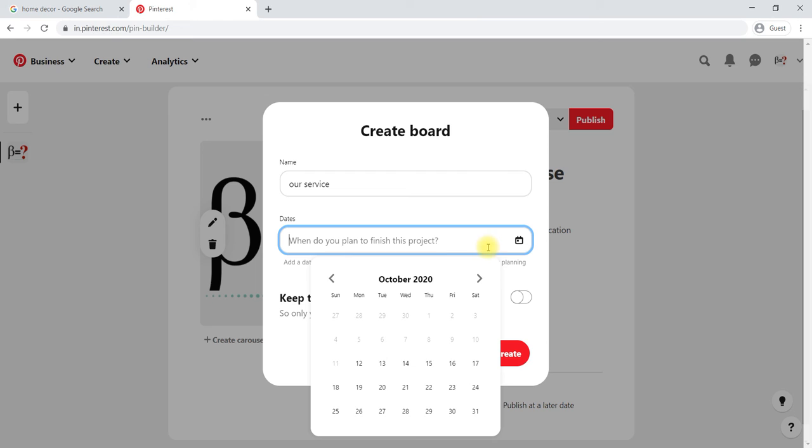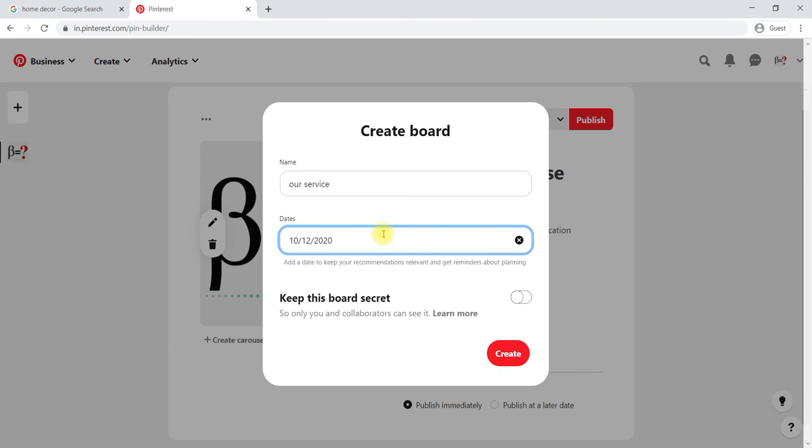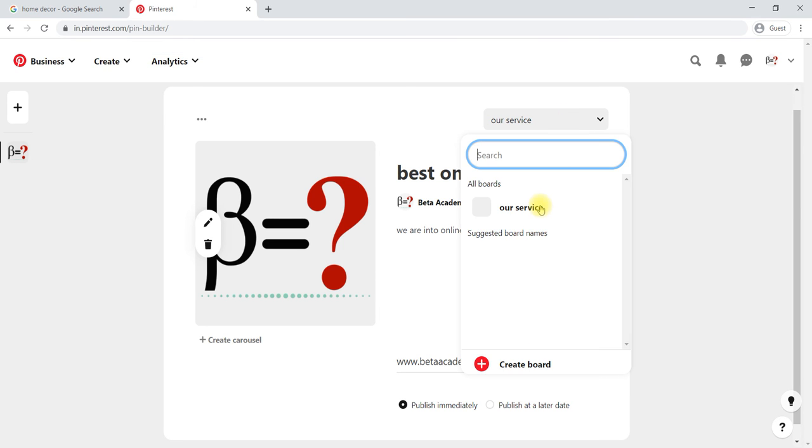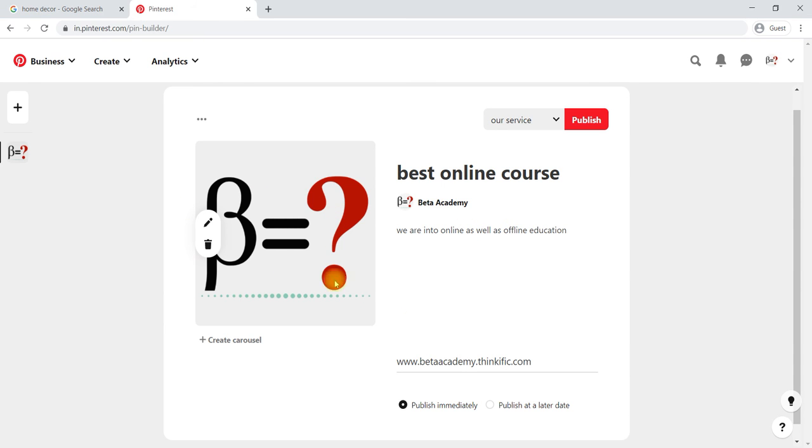Then say create. The board will be created, and we are assigning this particular post into that particular folder.